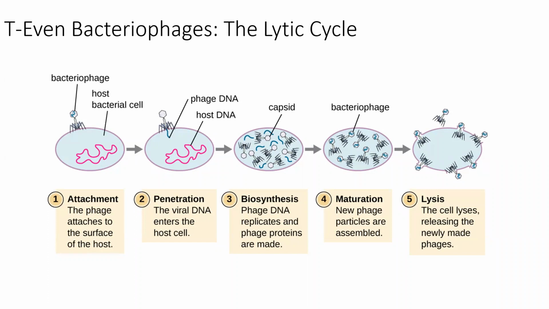Each have genetic material. And this is also where all the phage proteins, so the capsid, the sheath, those tail fibers, all the individual components are produced inside the host cell. During step 4, which is called